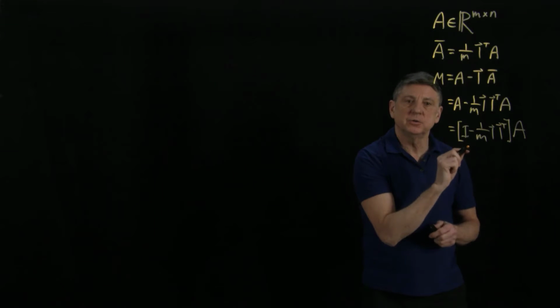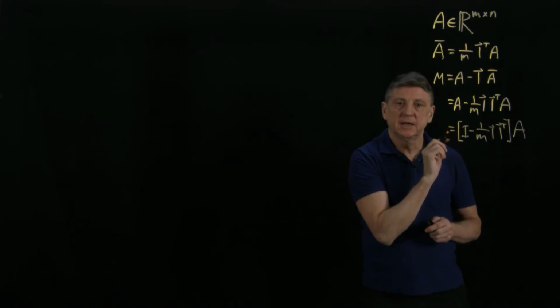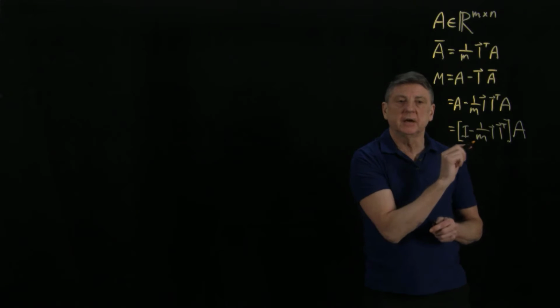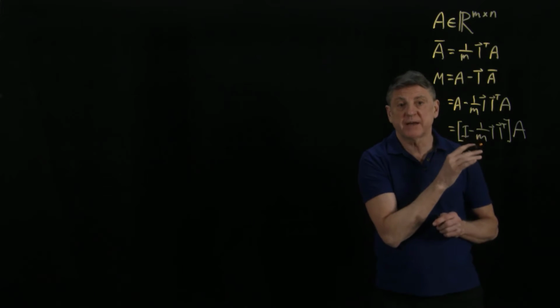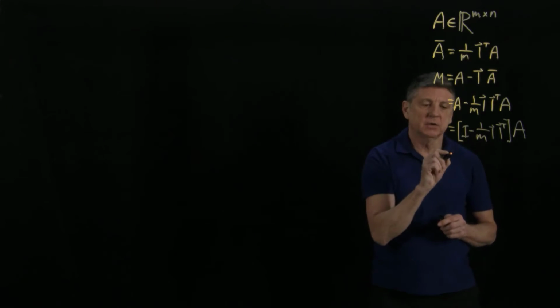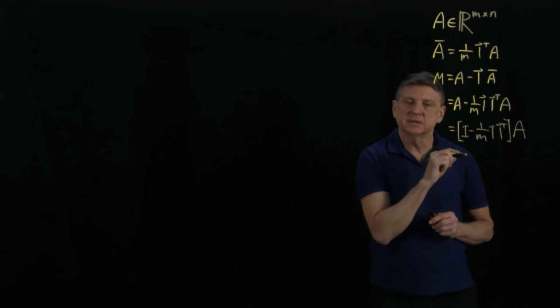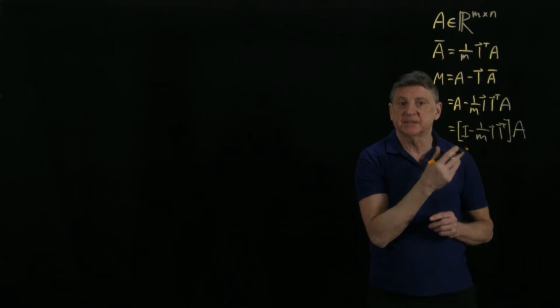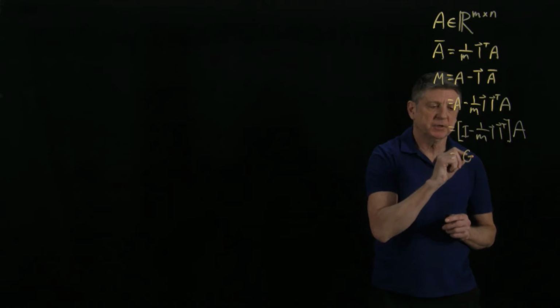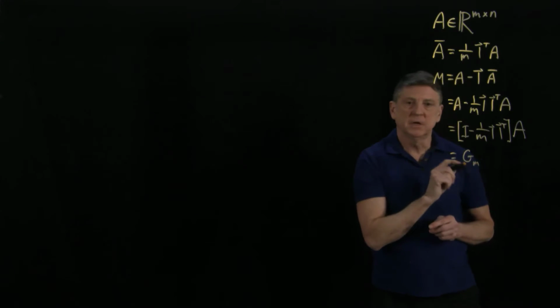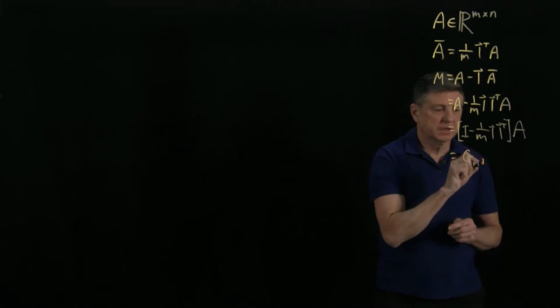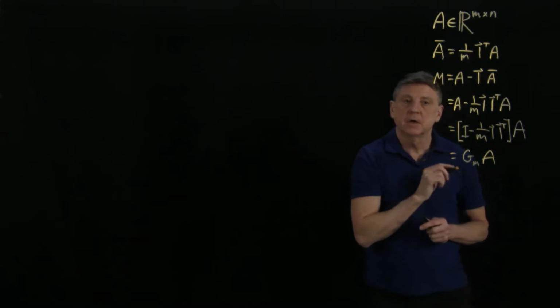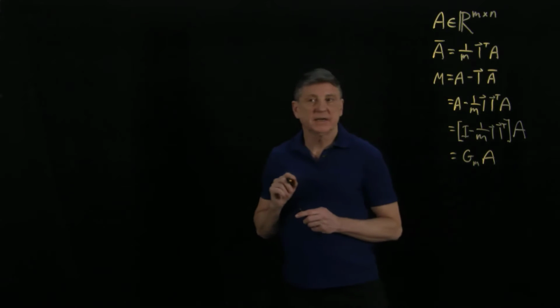So what I can do is I can now see that when we were creating our zero mean data, what we were doing was we were multiplying by an m by m matrix, and it turns out that this is rank m minus 1. And let's write that. We were using the vector symbol G to indicate a centroid of data. Let's use a capital G with a subscript of m to be the m by m version of this matrix, times A. Let's leave that aside,